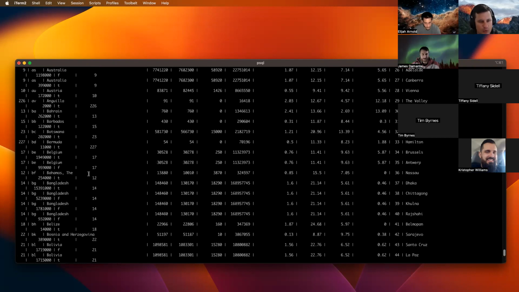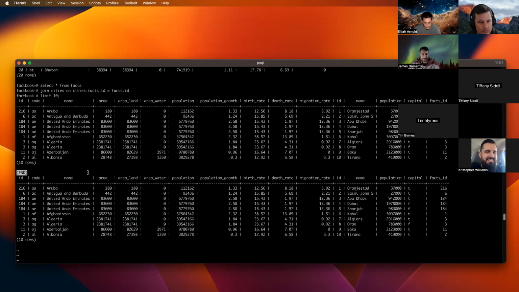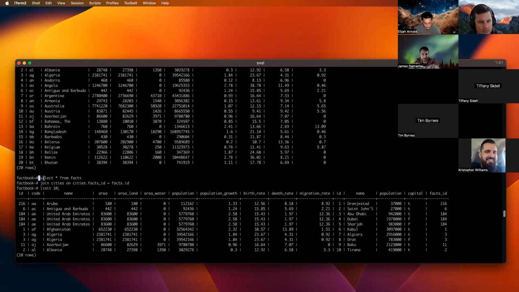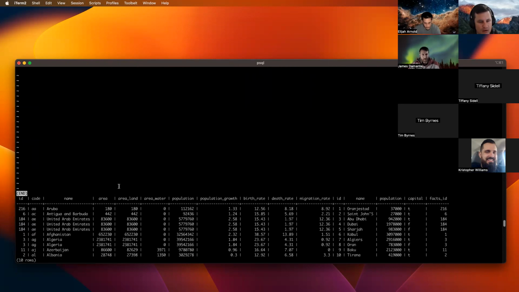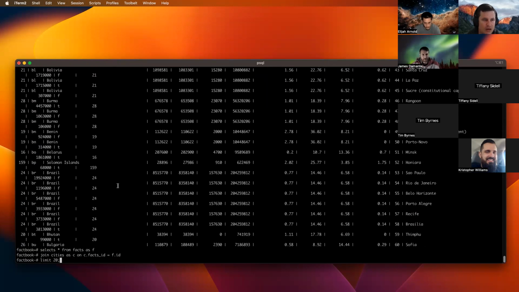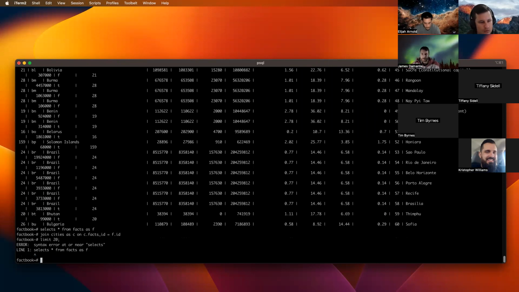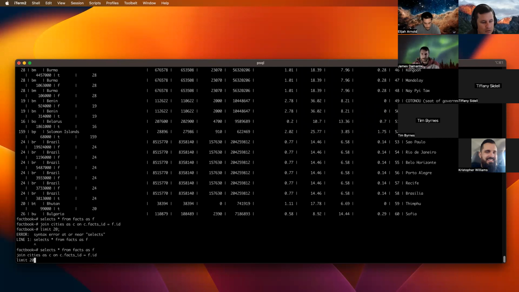So this is the same query that we wrote here, except now we've made aliases for facts and cities, so we don't have to rewrite them here for convenience, which happens a lot, especially if you're rewriting table names or table and column names multiple times in a query, that you're going to want to use an alias. So this is the same thing with aliases used for the table names, except that there's